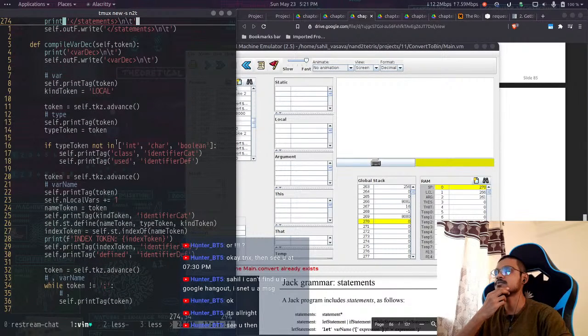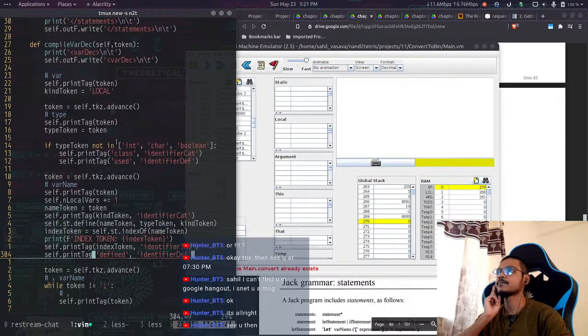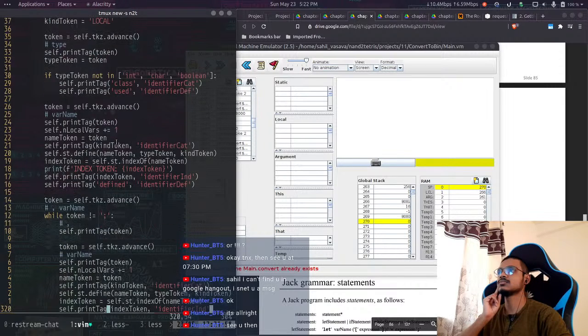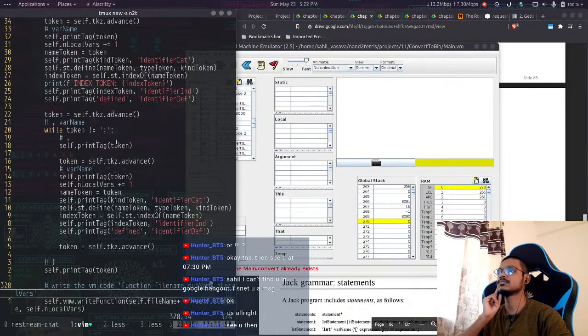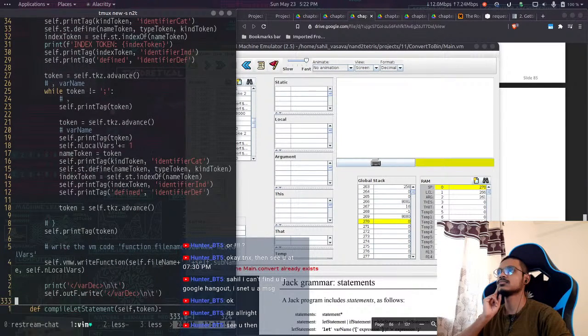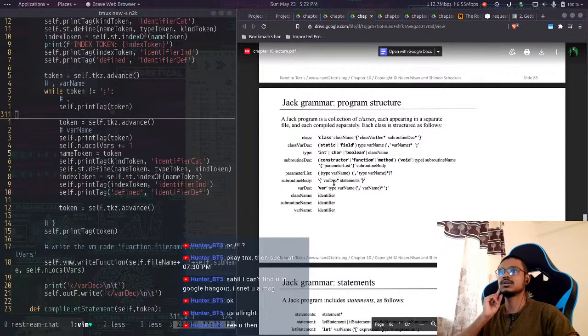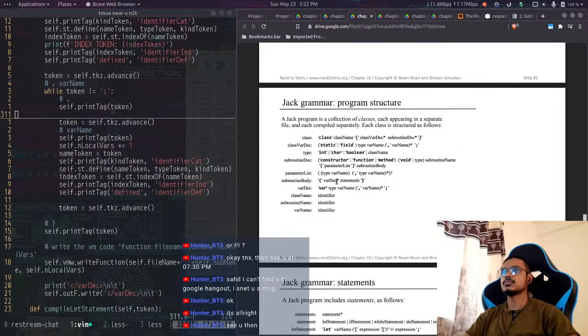Maybe we are calling this variable declaration twice. Yeah, that's why. But no. Is it the case? Why do we have it twice? Let me check grammar compile variable. Oh, I see. We can have